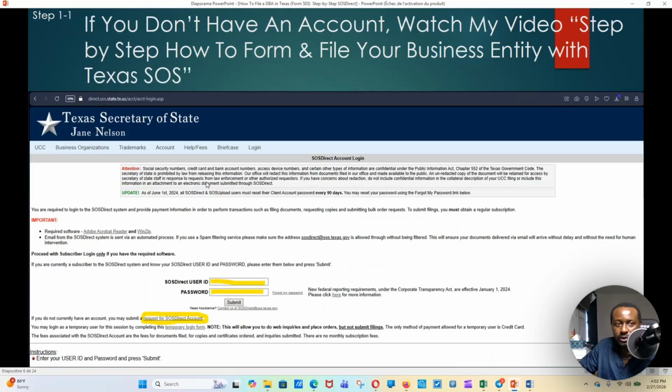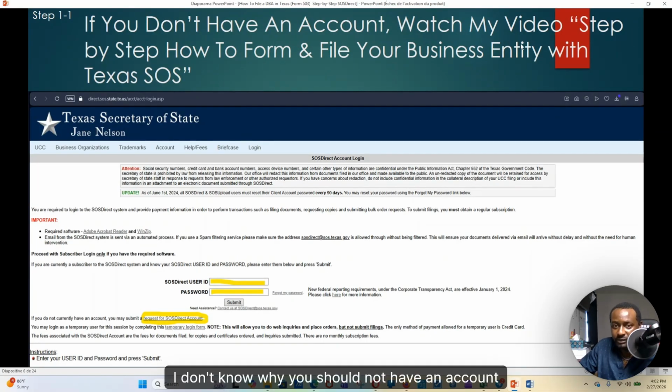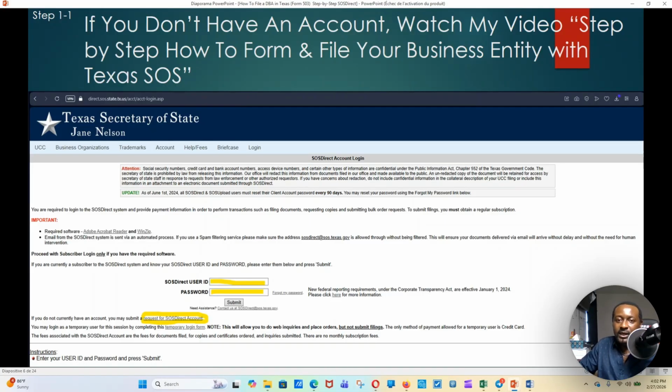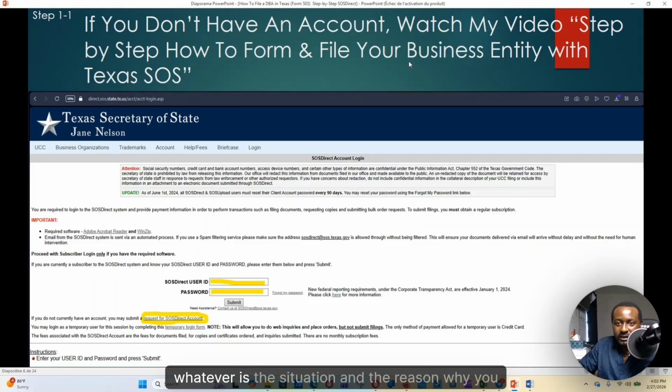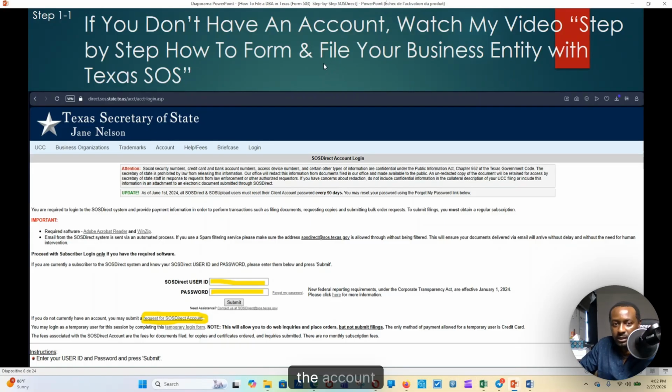and then click on submit. If you don't have an account, I don't know why you wouldn't, because you already have an existing LLC. Sometimes this gets messed up because the person trying to create a DBA is not the same person that created the existing LLC. But whatever the situation and the reason why you don't have the account information to log in,